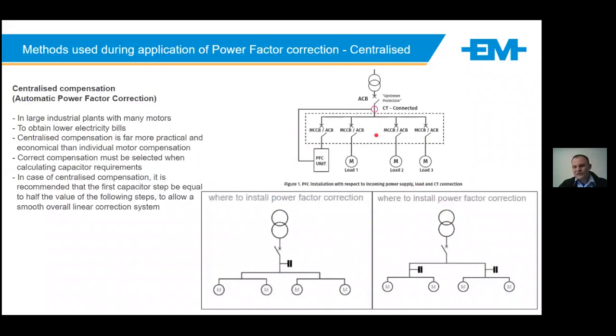Why would I install it further downstream? It may be to do with cable issues. So with overheating cables, you would try and correct it closer to the load that's creating that problem. The financial benefit in this scenario is typically immediate, because your utility is billing you on the LV side. So the better your power factor at that point, the better the reduction would be on your kVA charges.